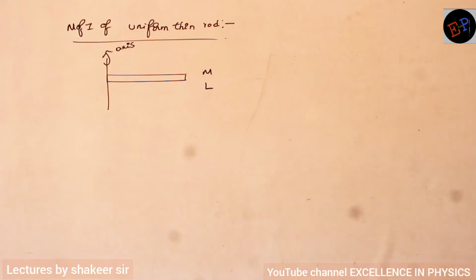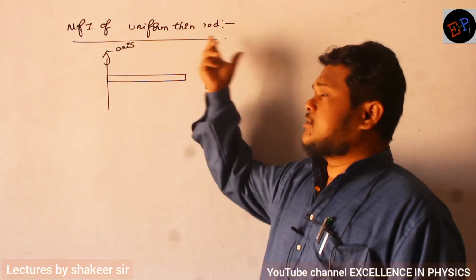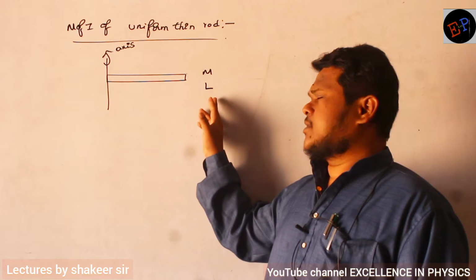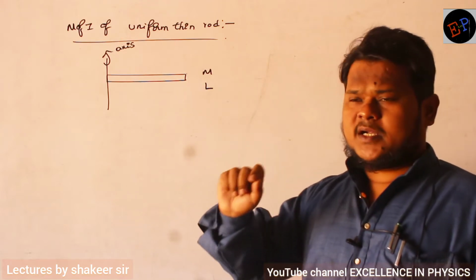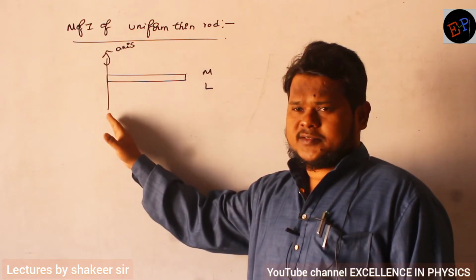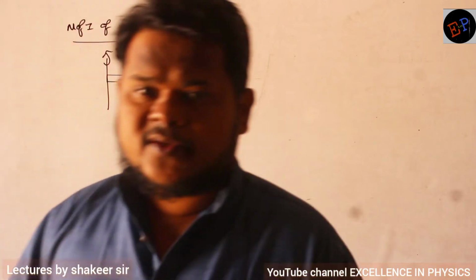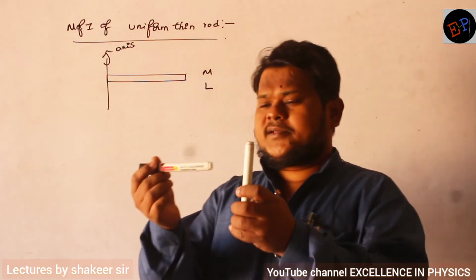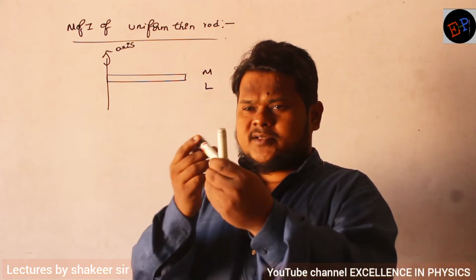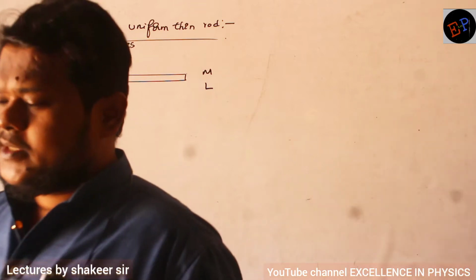We are calculating the moment of inertia of a rigid body. And what is the rigid body? Here we are using a thin rod. So this is a thin rod, the length of the rod is L, the mass of the rod is M, and it is rotating about this axis. Are you able to understand, Nama? It means this is the axis of rotation and the rod is present like this. So around this axis the rod is rotating like this. In that condition, what will be the moment of inertia?